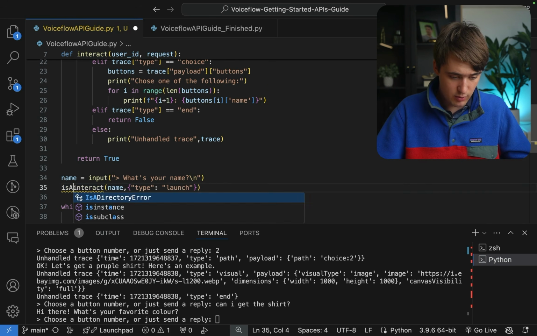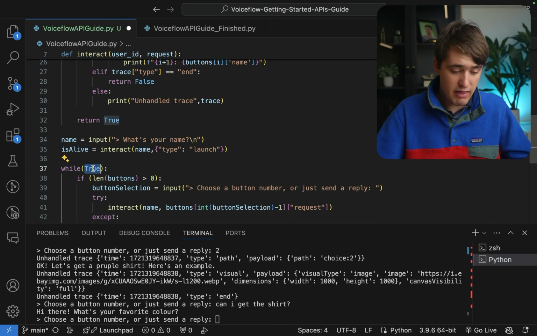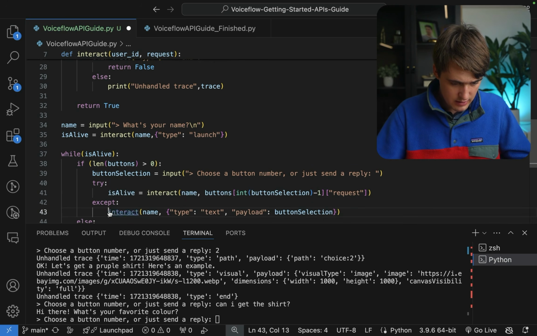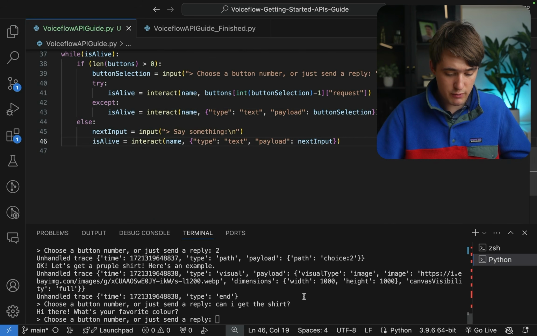And then we're going to store a variable is alive equal to this interact payload, and then we're only going to loop while it's alive. So while is alive, and then here we're going to, again, update is alive, and just last one here. Save this code, and if we run it again,